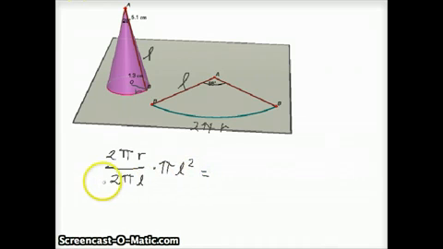So once again, this here is sort of the proportion that this sector is of the entire circle, because we know what the circumference of the whole circle would be, and we know what the size of this arc is. So that gives us a percent. If we multiply that by the area of that completed circle, well, a lot of stuff cancels out. The 2's, the pi's, this L can cancel out with one of these L's. And we end up with the formula for the area of a cone